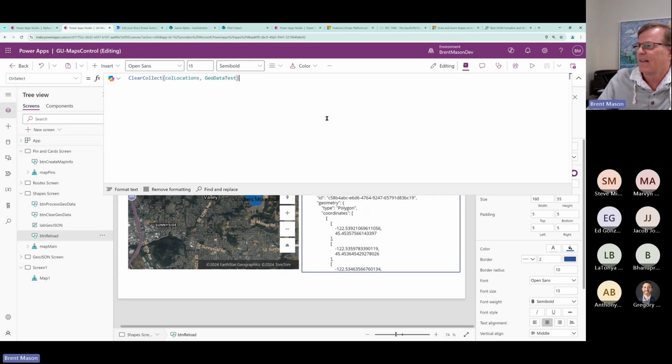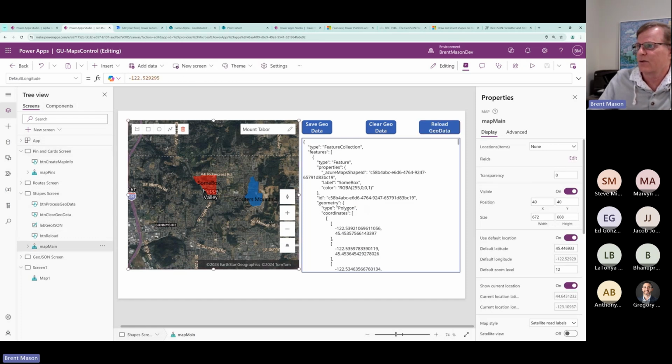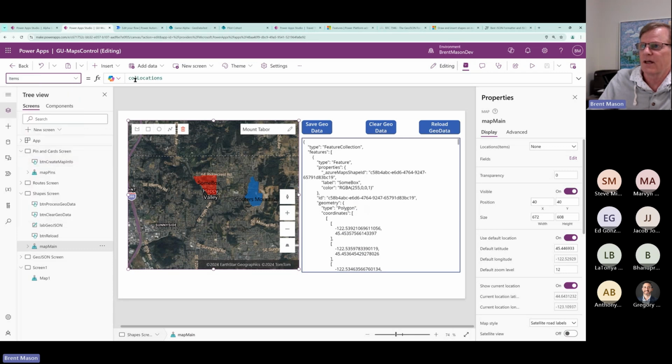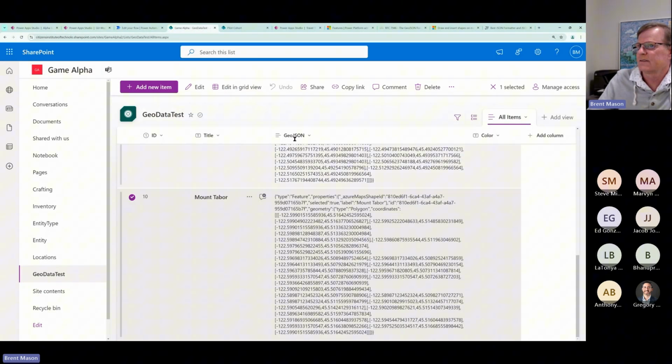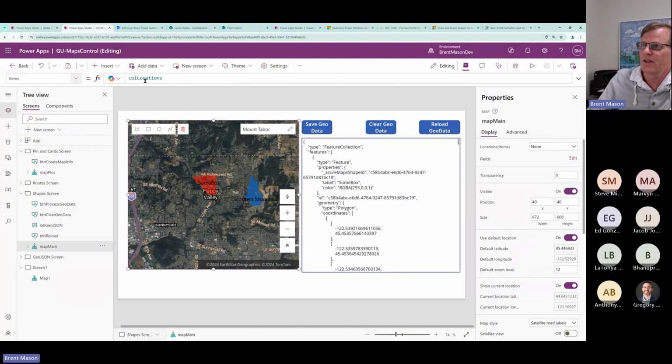called locations. Now, we haven't talked too much about how we get these shapes on the screen, right? But it's very similar to the way we did pins and routes. So I'm clicking my map control. I'm going to go down here and let's see. So we have our items right here, right? And I just say item collection locations. Right, so that's because that's what this did here. This got all my geodata from my SharePoint list and put it into the collection, right. So for the map, I pointed the items property to the collection,